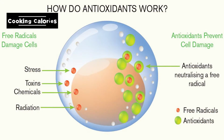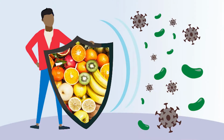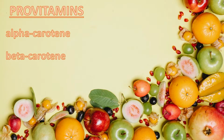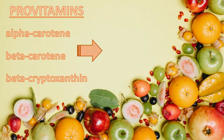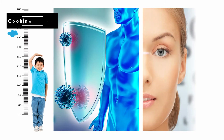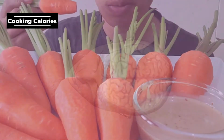Carotenoids are beneficial antioxidants that can protect you from disease and enhance your immune system. Provitamin A carotenoids, alpha-carotene, beta-carotene, and beta-cryptoxanthin, can be converted to vitamin A, which is essential for growth, immune system function, and eye health. Eating carotenoid-rich foods can protect the healthy cells in the eye and prevent the growth of